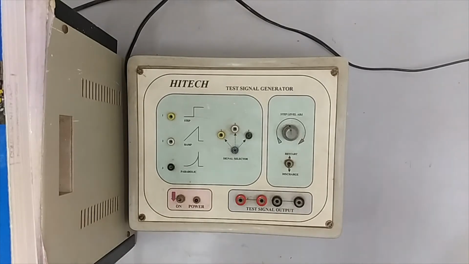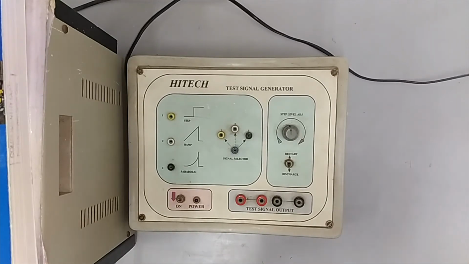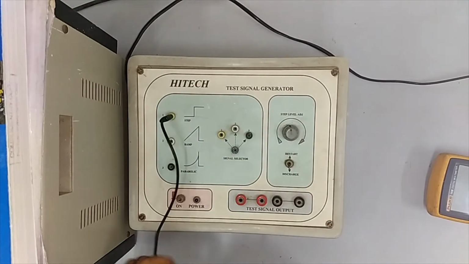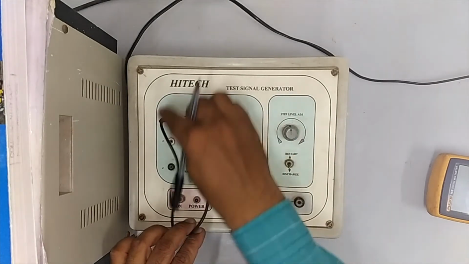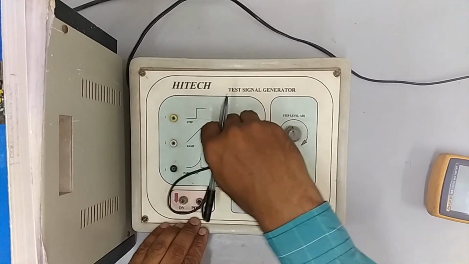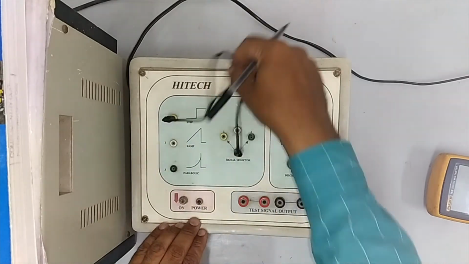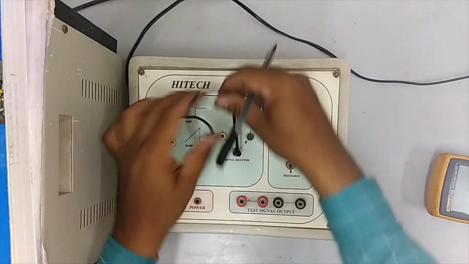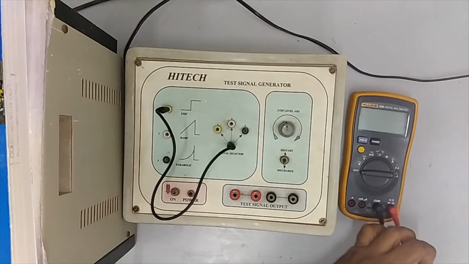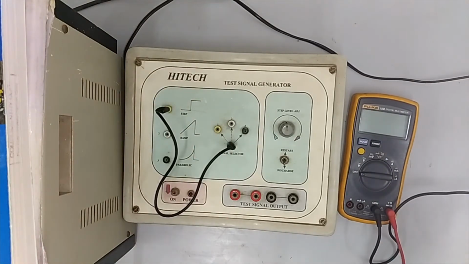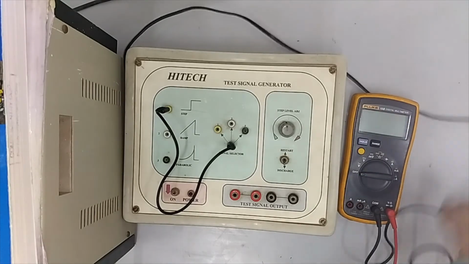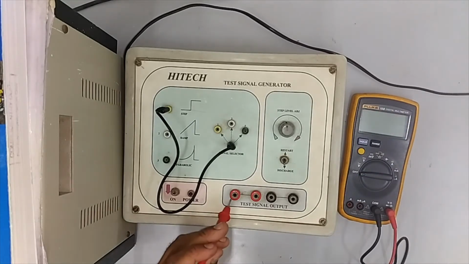So I will start the practical from over here. We will have one wire over here, and I will select this signal, the step signal. You can select it over here also. This will be true and this will also be true. Right now we have first selected the step signal, and at the output side I will connect the multimeter. I will check the output voltage in terms of volts.